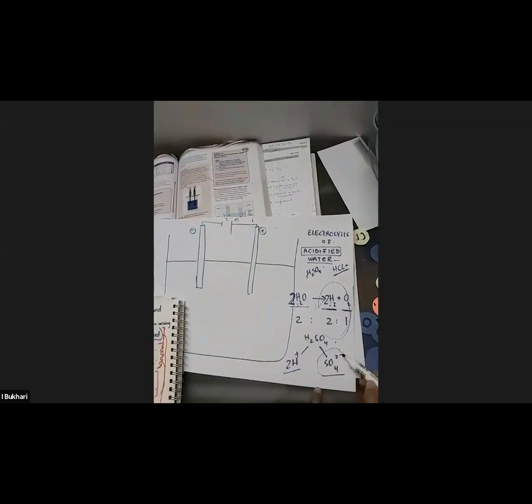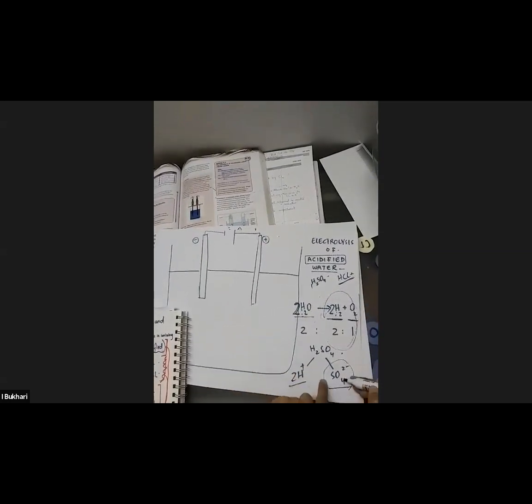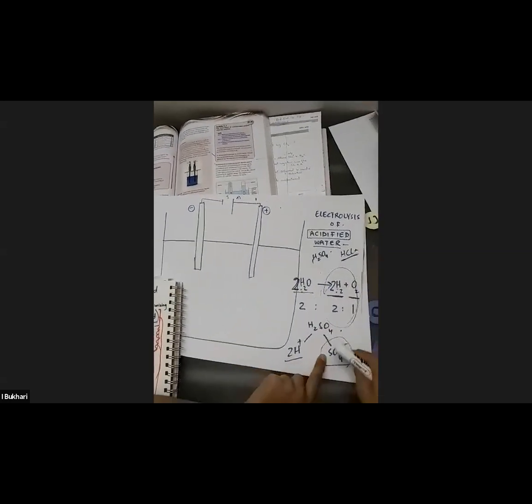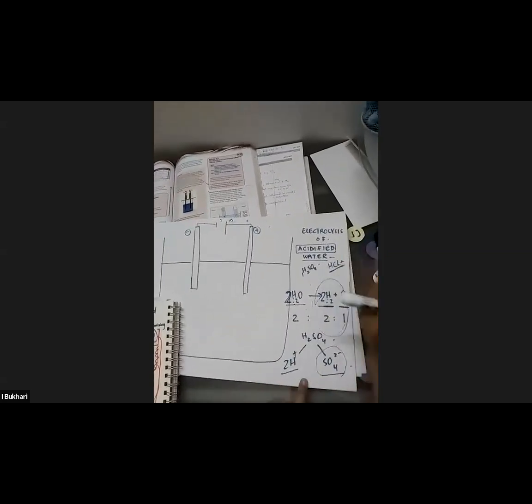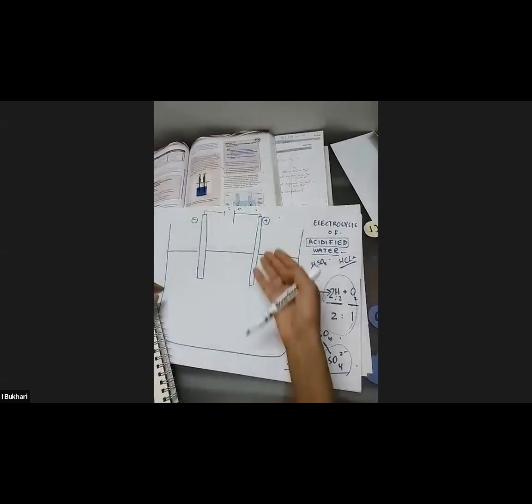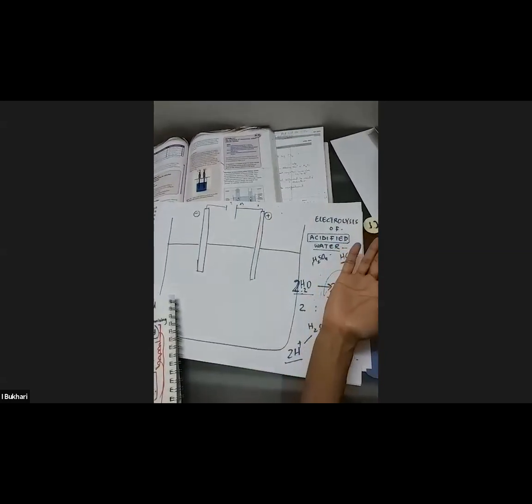So hydrogen ion is okay because that will also contribute towards the hydrogen gas. Sulfate stays in solution. It will never be sacrificed. Again, this is bossy. So oxygen will have to be discharged. So this is not affecting my product. I can safely use a dilute sulfuric acid to acidify the water to help the water molecules split so that the electrolyte can conduct electricity and my circuit can be complete. Because if my circuit is not complete, the current will not flow and electrolysis will not take place.